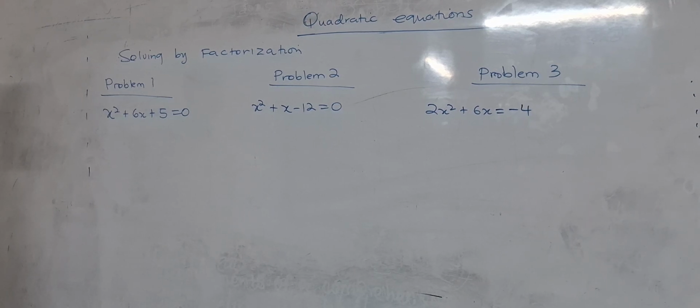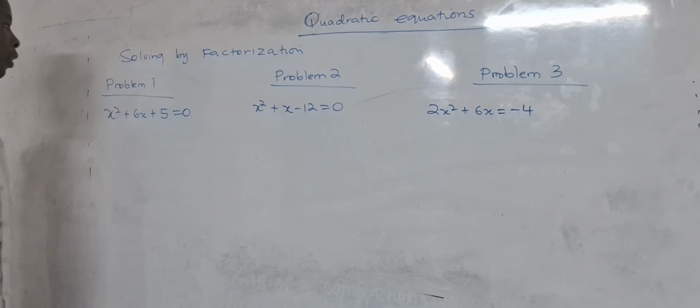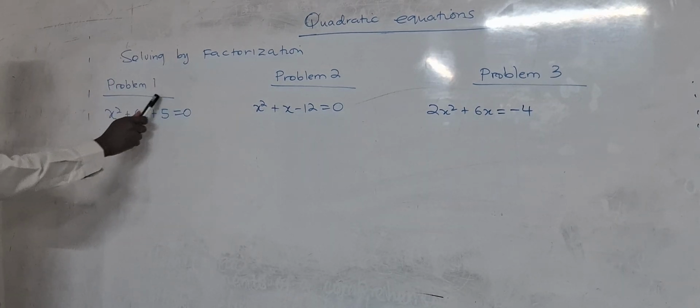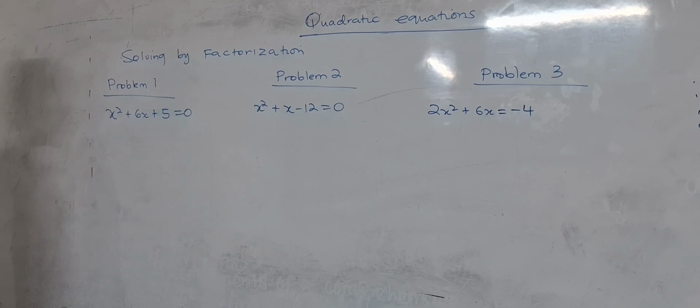Okay, boys and girls. In this video, I'm going to explain how to solve these three problems using the factorization method. Problem number one: x squared plus 6x plus 5 is equal to